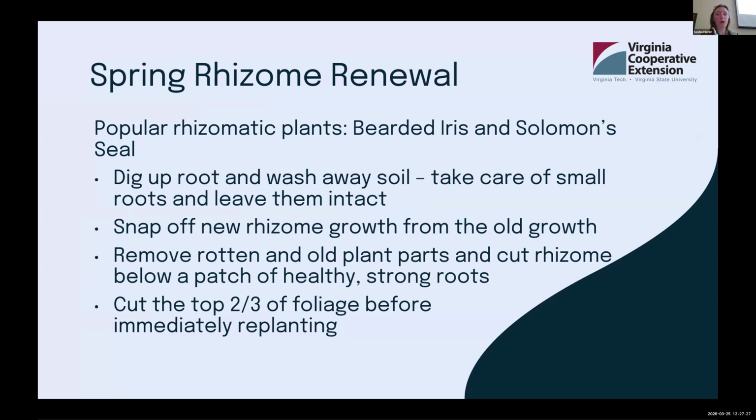Rhizome renewal. Popular rhizomatic plants around here would be bearded iris and Solomon's seal. To renew your rhizomes, you want to dig up the root and wash the soil away. Make sure that you leave those smaller roots intact. The old rhizome will have new growth off of it, and it should be pretty obvious which part